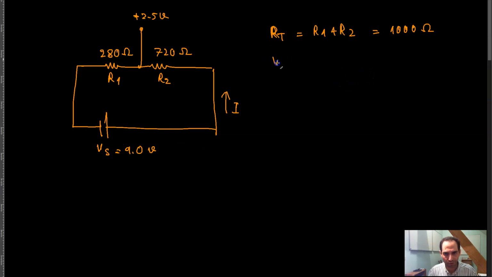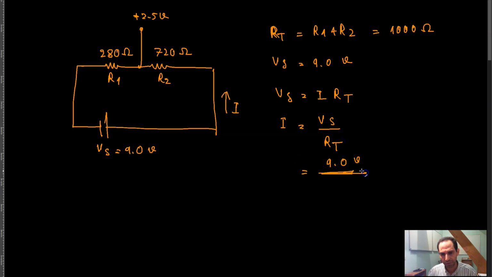And your V of S is equal to 9.0 volts. And therefore you know that V of S is equal to I times R of T. V is equal to IR. And therefore I is equal to V of S divided by R of T. And I is equal to V of S, which is 9.0 volts, divided by 1,000 ohms, which is equal to basically something about